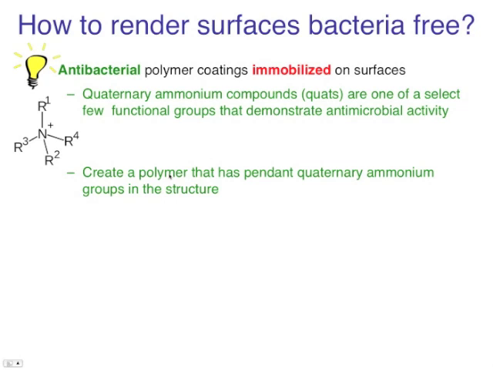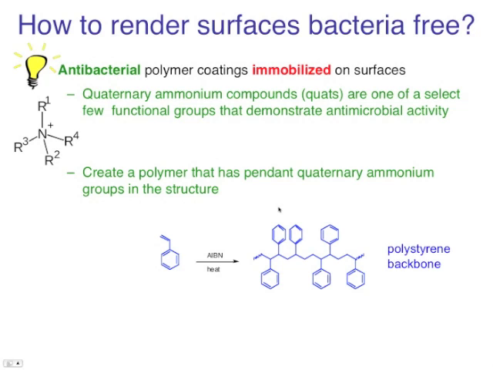So we could create a polymer which we can use to coat surfaces that has this group, a pendant group, attached to it, like a hand and arm, that has a quaternary ammonium group in the structure. And then you can see here's one method we could do that. We could take a polymer, which just means poly means many, mer is a unit. So here in this case I show you this is styrene and this is polystyrene, a polymer of styrene. Styrene itself is the monomer, mono 1, mer unit, 1 monomer of styrene. We run a reaction and we can make a polymer,